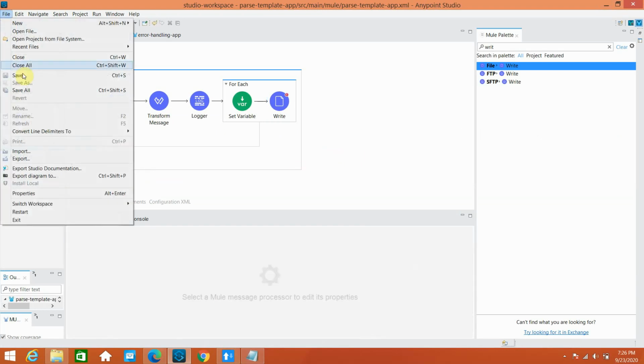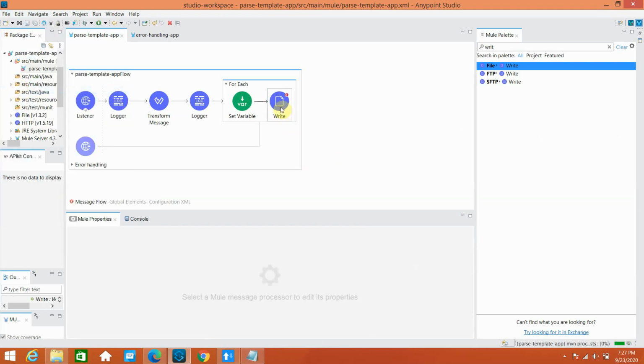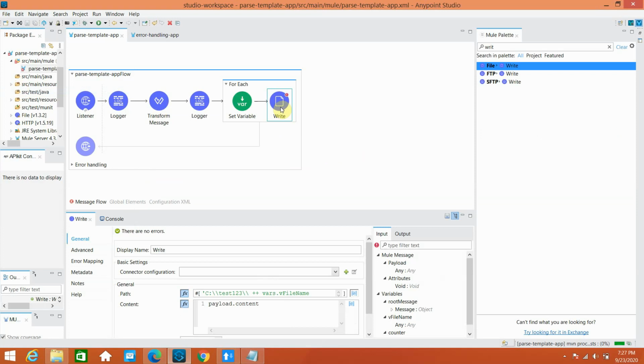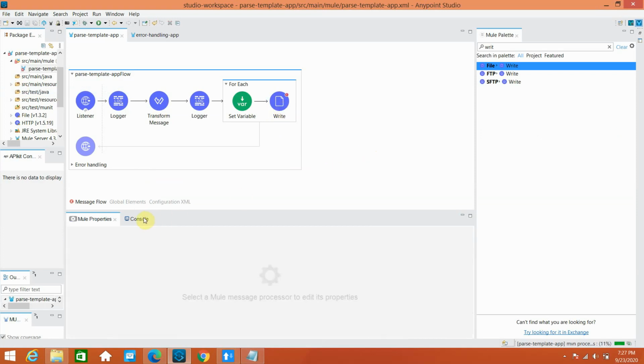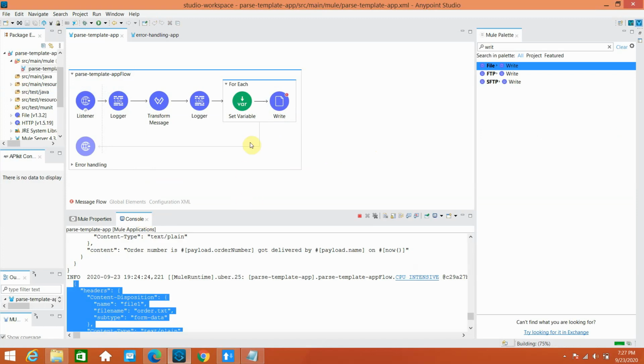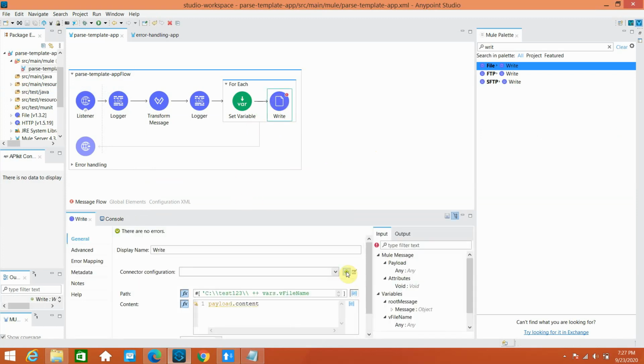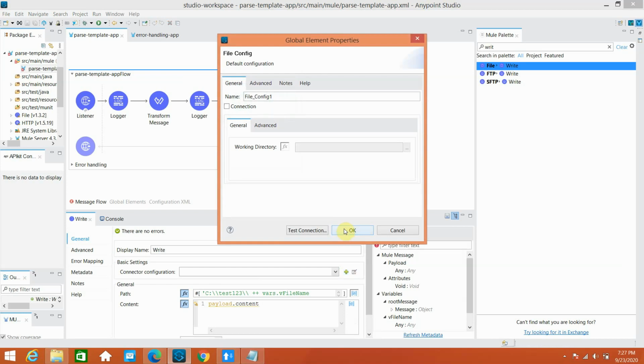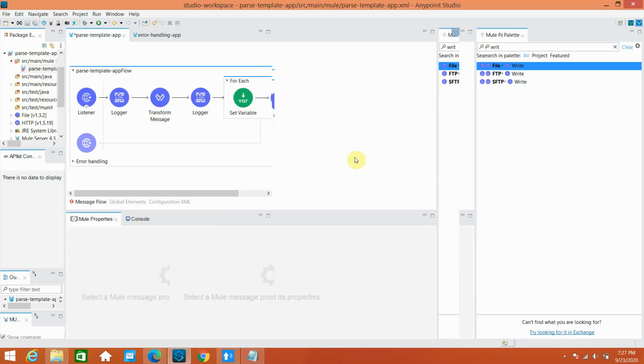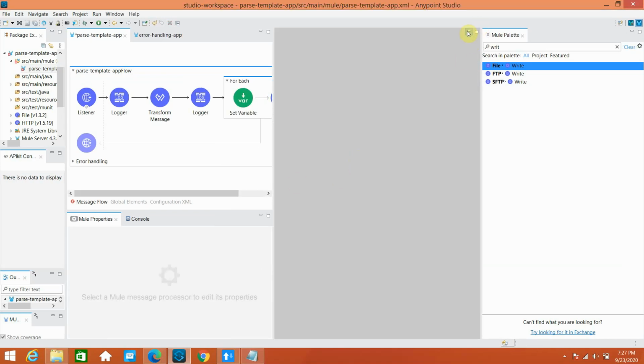Save everything. I don't know what the mistake is. We have to do the connector configuration, I think. Just say okay, close this.